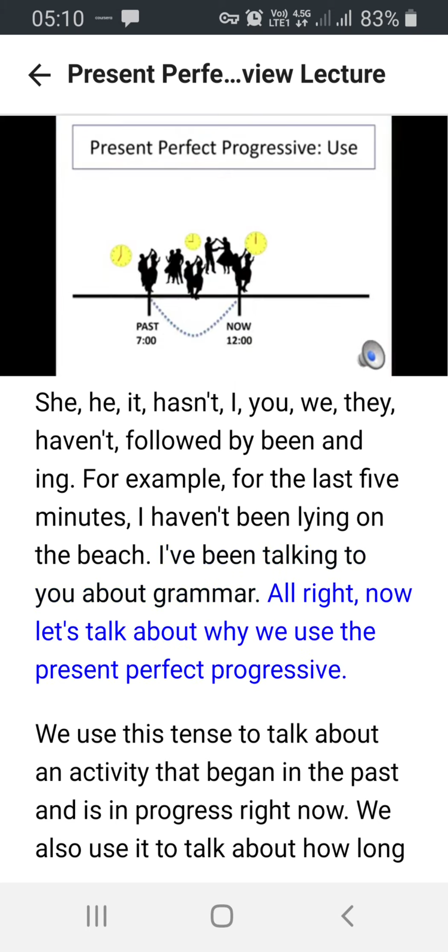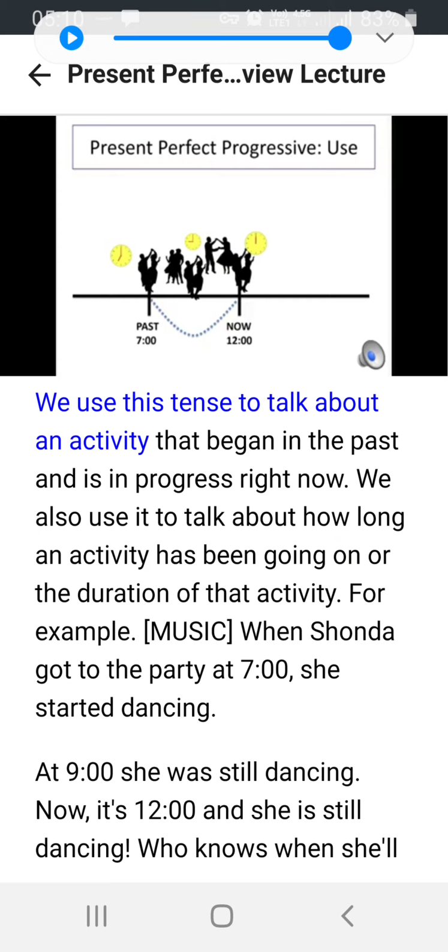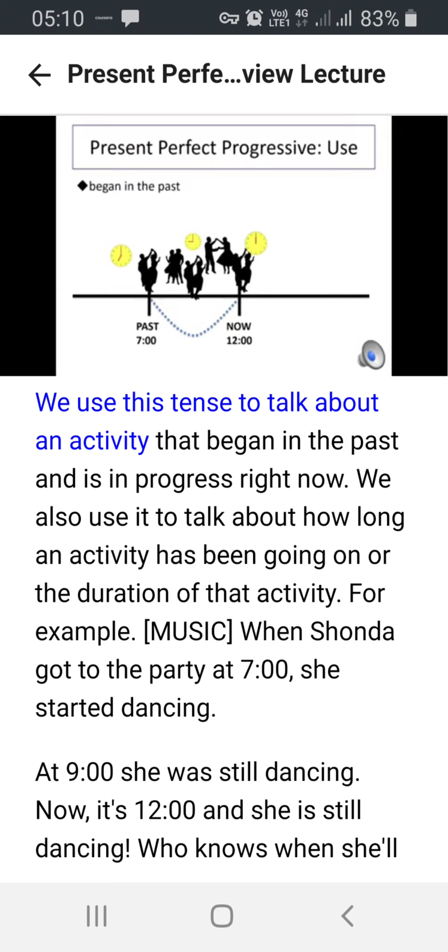All right, now let's talk about why we use the present perfect progressive. We use this tense to talk about an activity that began in the past and is in progress right now. We also use it to talk about how long an activity has been going on, or the duration of that activity. For example,